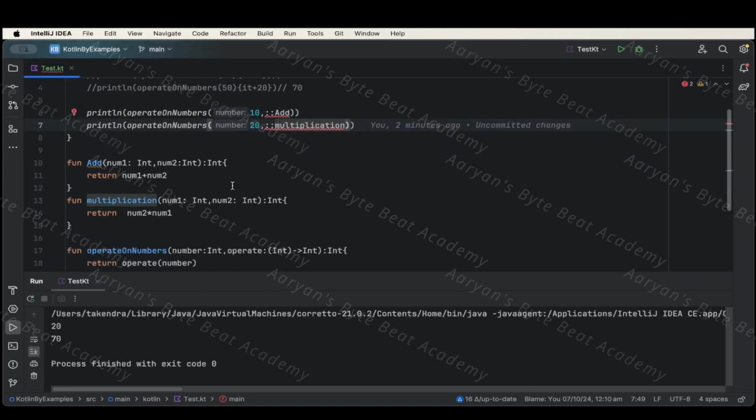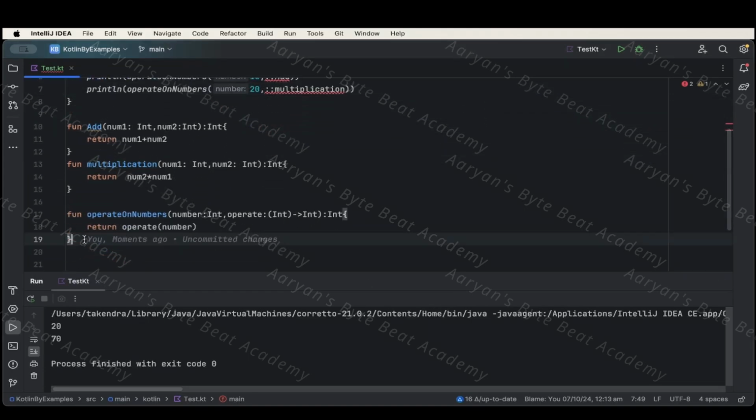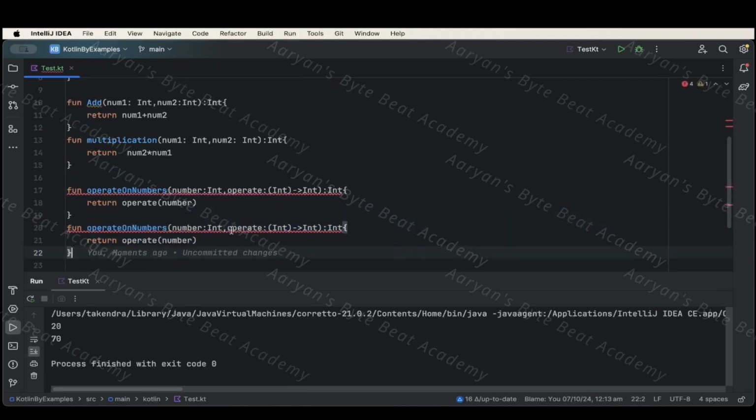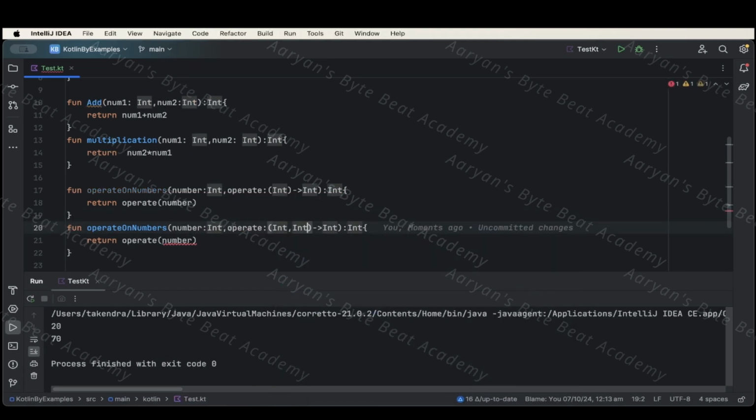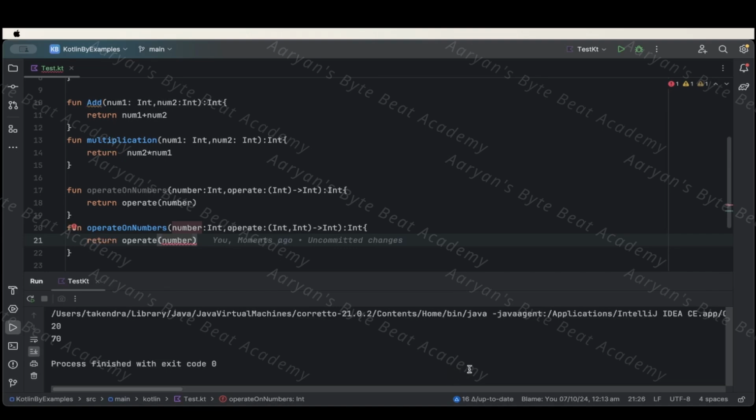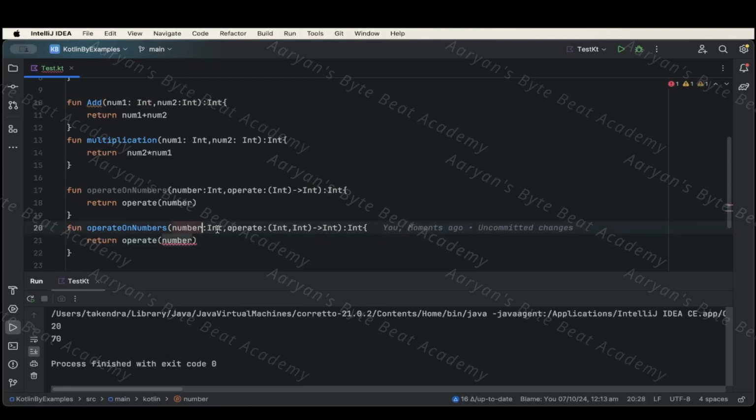So this time I should have one more function, or I can create an overloaded function here, operate on numbers, and this time it will take 2 parameters. Here the lambda will accept 2 parameters, int, it is accepting the 2 parameters here, and then we need to pass the second parameter also here. So our function would accept 2 parameters here, int number 1,